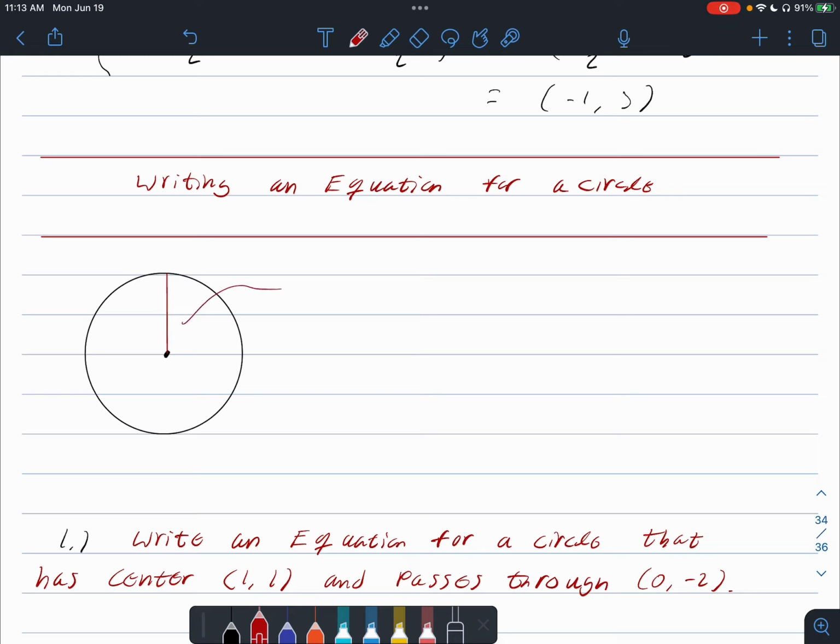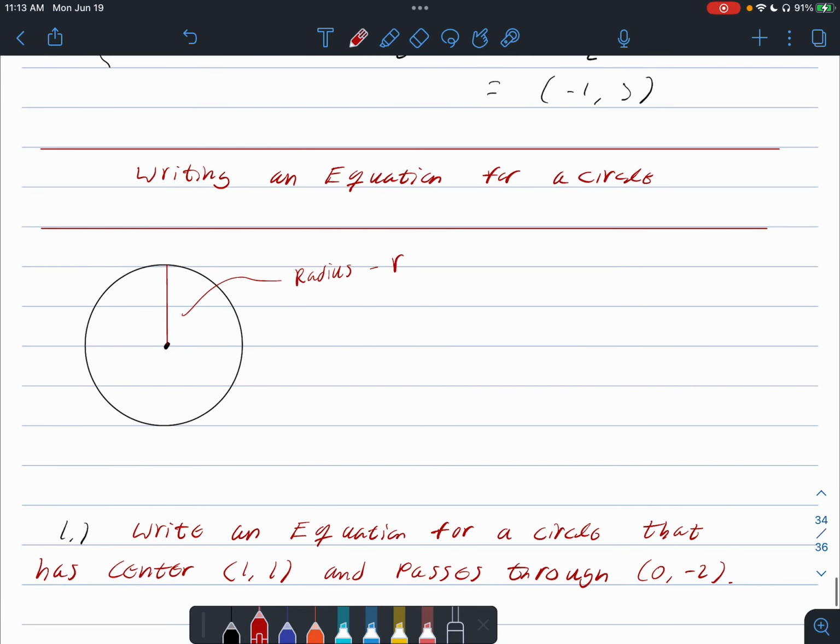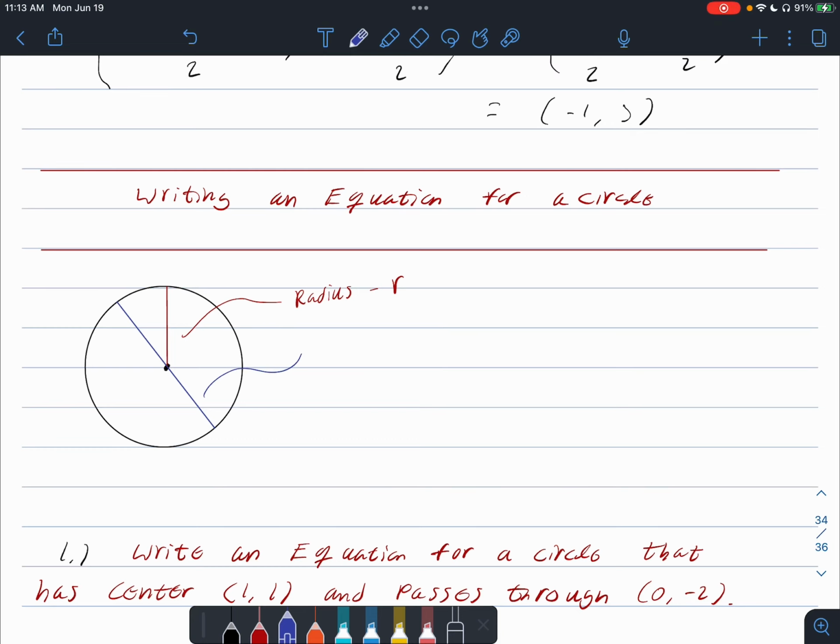So this is the radius of a circle, okay? And this is often given by the letter r, okay? We also have something called the diameter of the circle, okay? The diameter of the circle is the distance across the circle from any point to its point directly across from that point, okay? And it has to pass through the center of the circle,